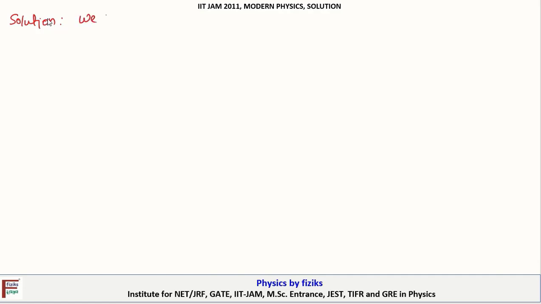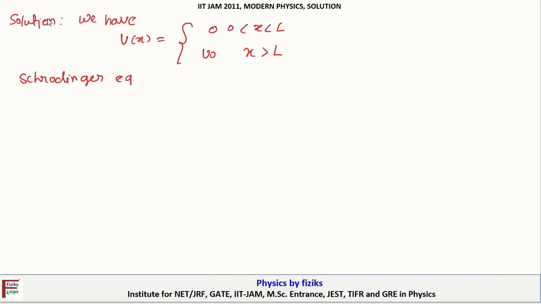We have V of x defined as 0 in the region x less than L and V0 for x greater than L. Now the Schrödinger equation in region first is given by,